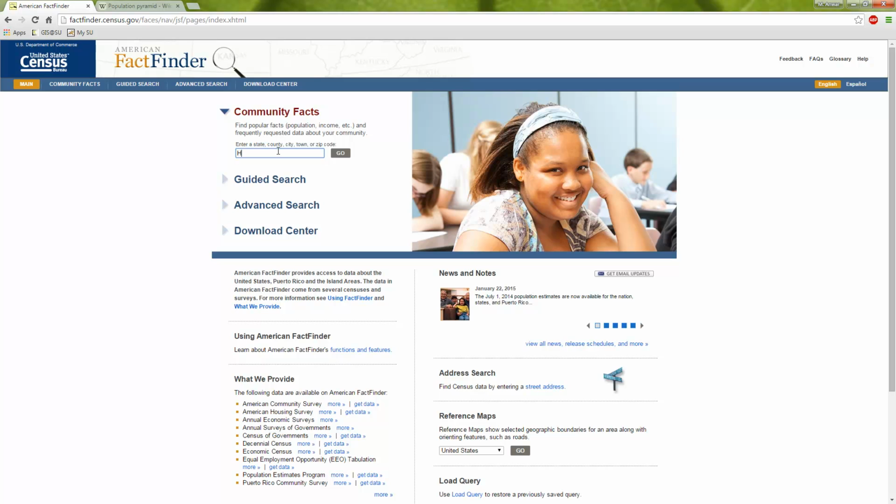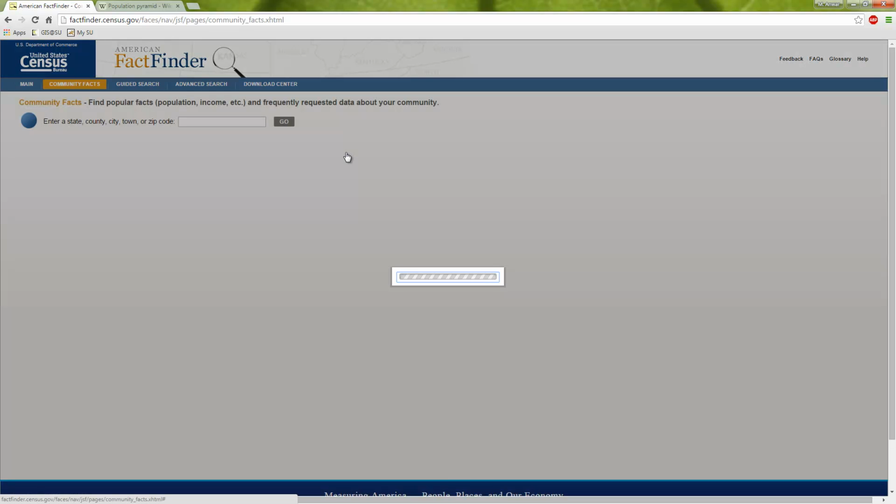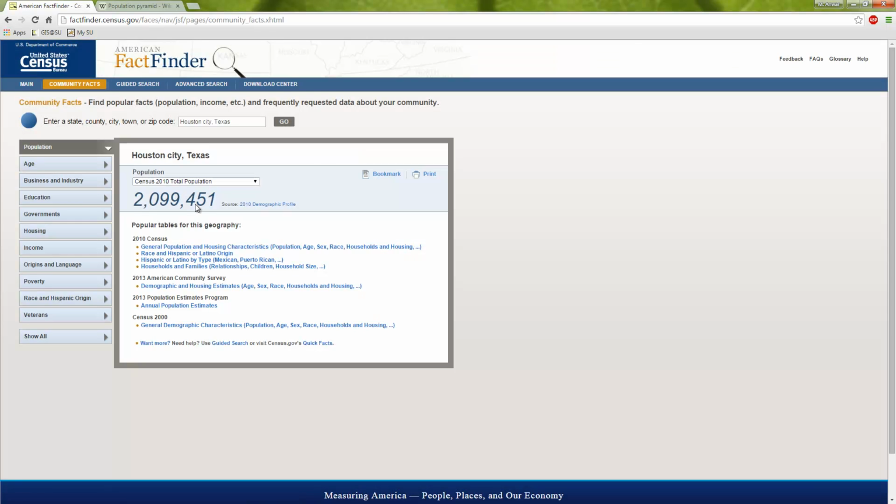And so here I'm going to type Houston, Texas, and we want the city of Houston. Normally, you might want to also take into consideration metropolitan statistical areas or counties or so forth. But in this example, we're just going to look at Houston. So here's Houston City, Texas. We find out Houston has a total population of 2 million people. And if we click on this first link, general population and housing characteristics,